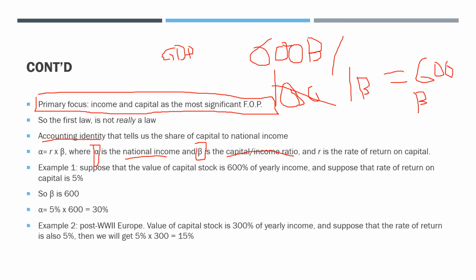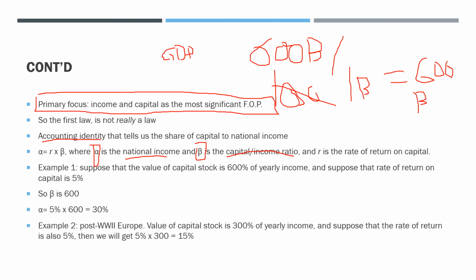Then the rate of return is 5%, meaning that, as I mentioned, for every $100 you put in, typically the rate of return is 5%. Now you might say, how do we calculate this? Well, Piketty has shown using his huge data set that there's a sort of equilibrium rate of return of about 5% for return on capital. Some people contest that, but in general there's a consensus that he's right: if we look at a large set of data, the rate of return on capital reaches one equilibrium point of 5%. So beta is 600 right now.